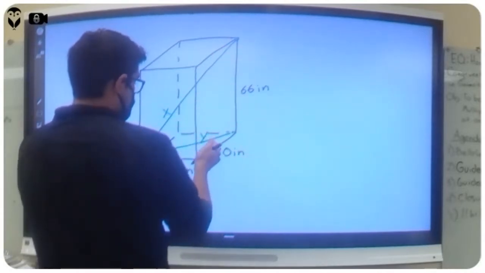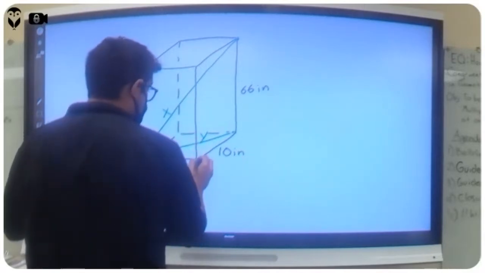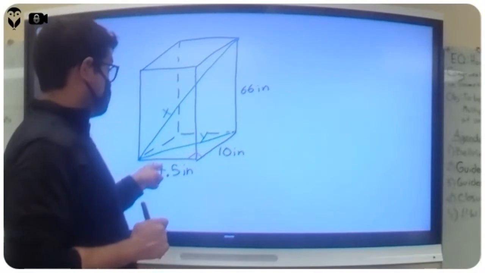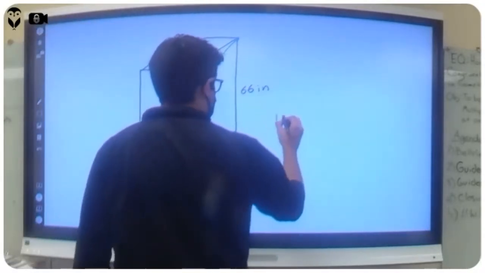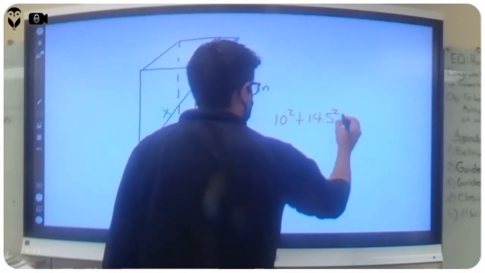But if you look at y, I have this one and that one, and this is a rectangular prism, so this is a right triangle. This is a right angle right here. So I could use this. To figure out y, we're going to do 10 squared plus 14.5 squared